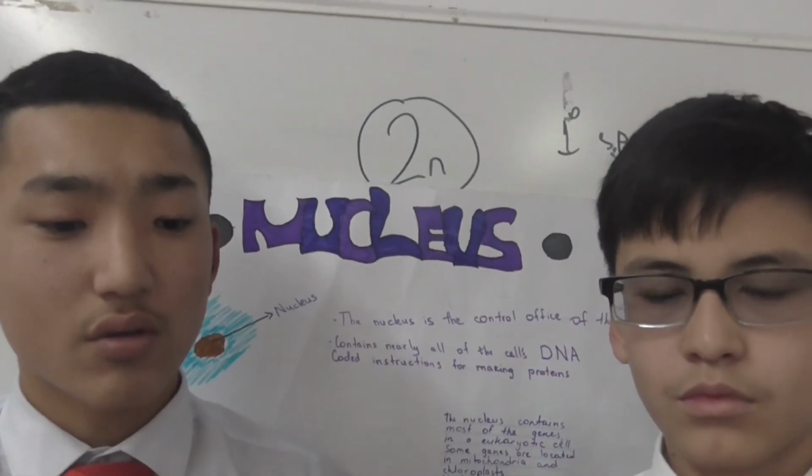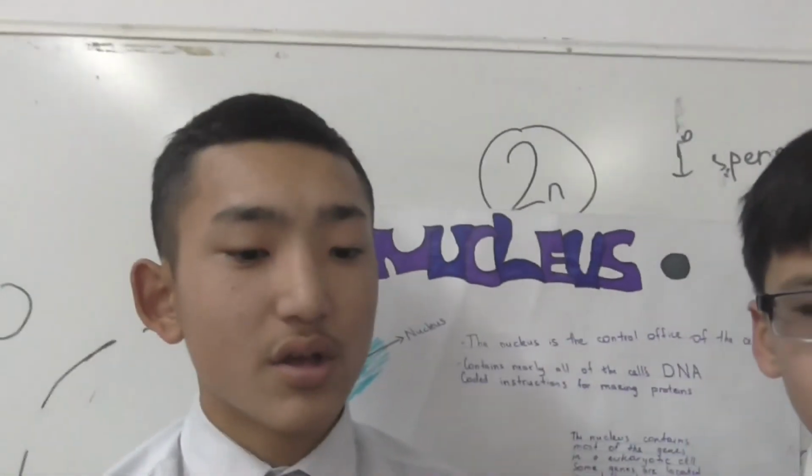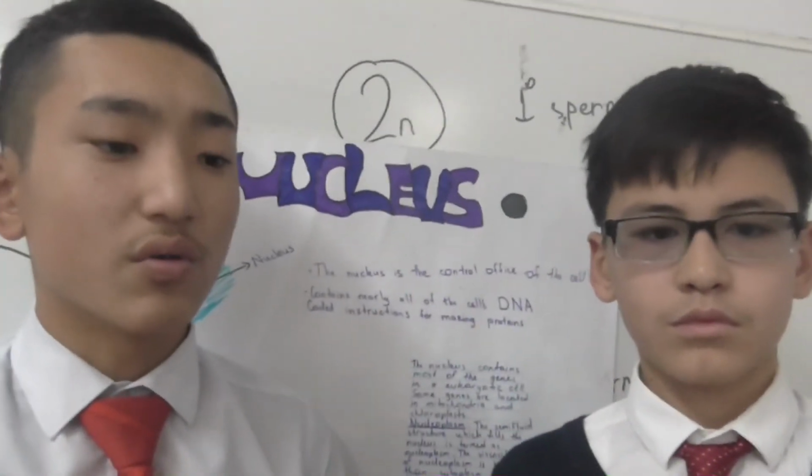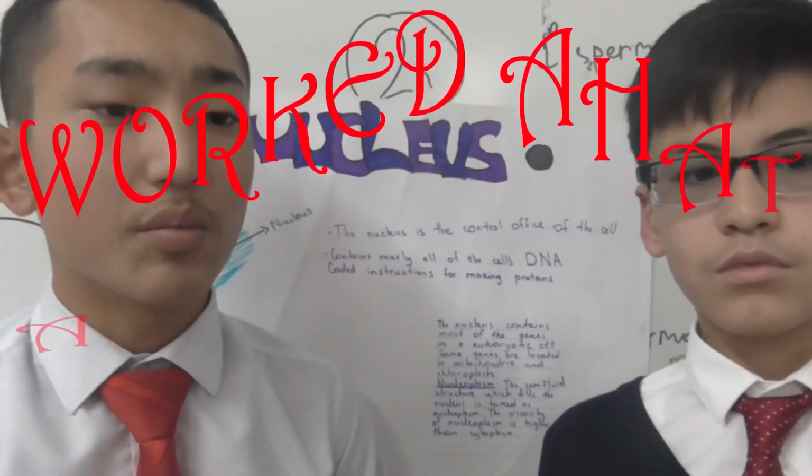When karyokinesis, or division of nuclear material, is complete, the result is 2 identical nuclei. Cytokinesis. Cytokinesis is a division of cytoplasm which follows